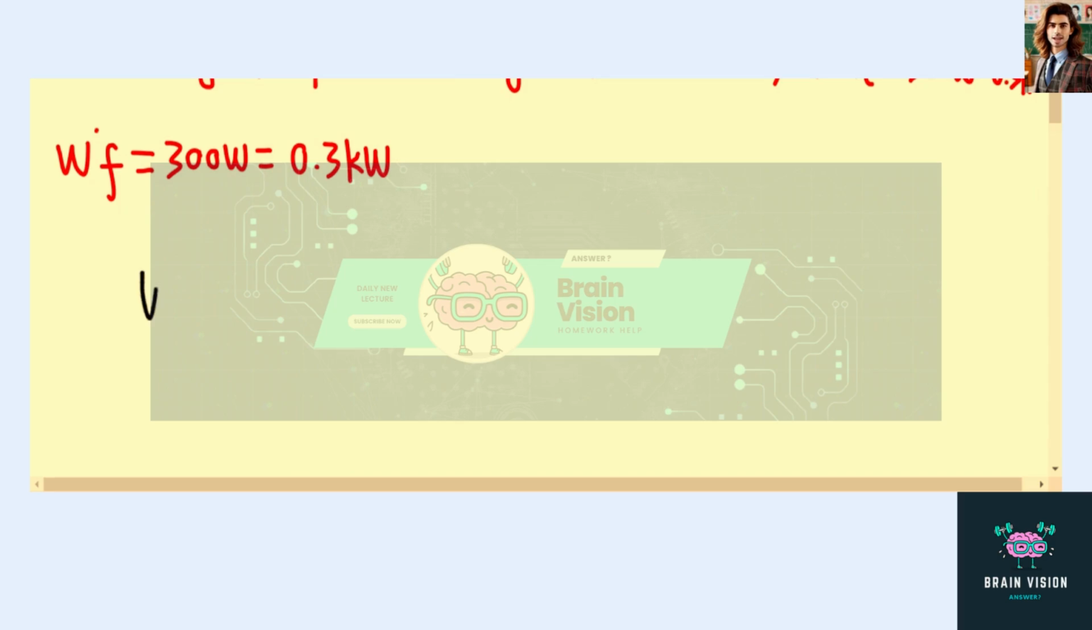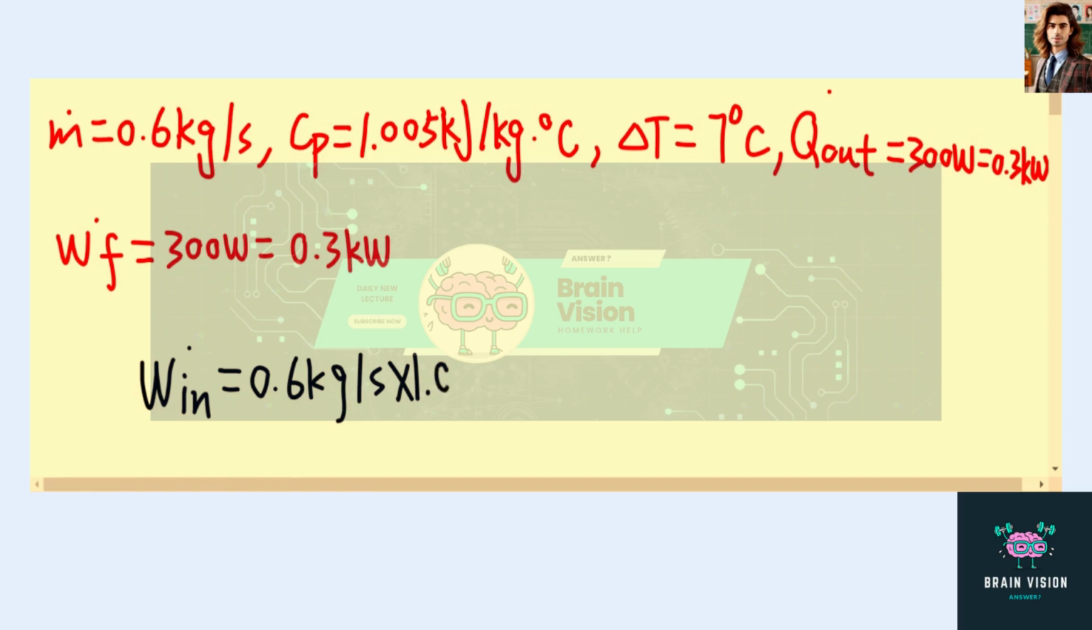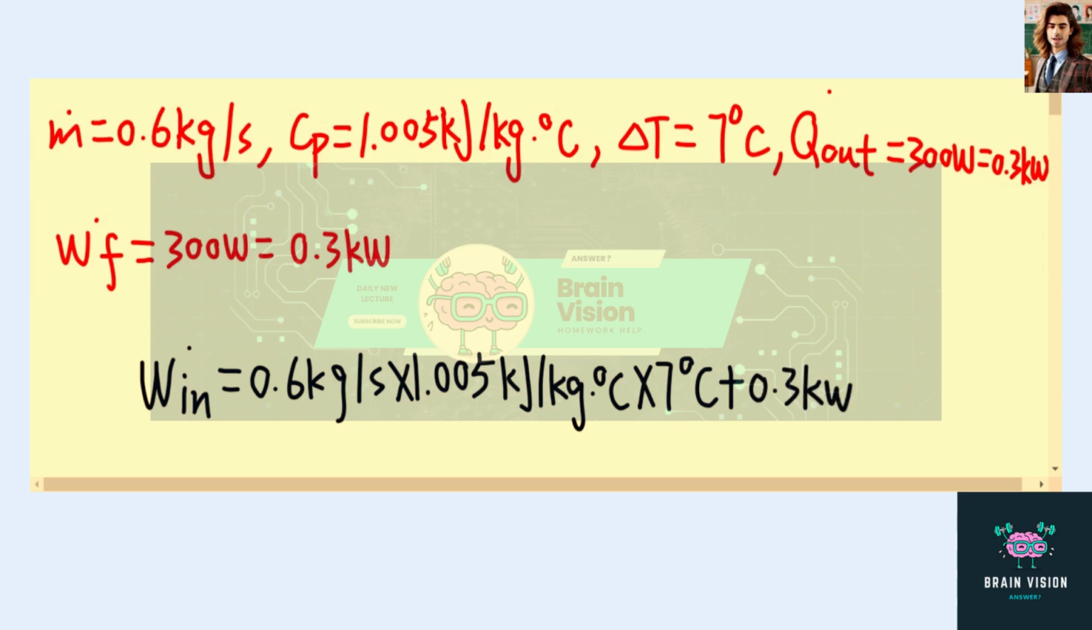which is equal to 0.6 kilogram per second, and then times Cp delta T, which is 1.005 kilojoule per kilogram times degrees Celsius, and then times 7 degrees Celsius, and then plus 0.3 kilowatts minus 0.3 kilowatts, and this will give us the power rating of the electric resistance